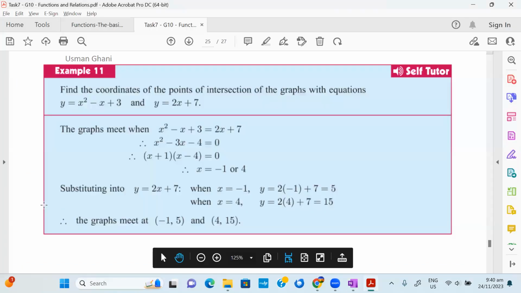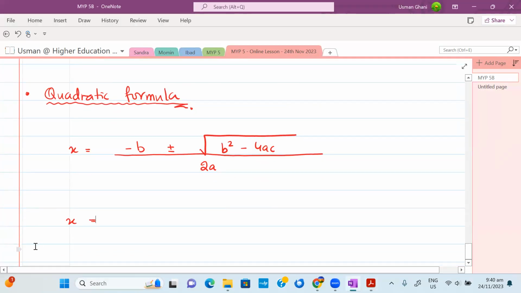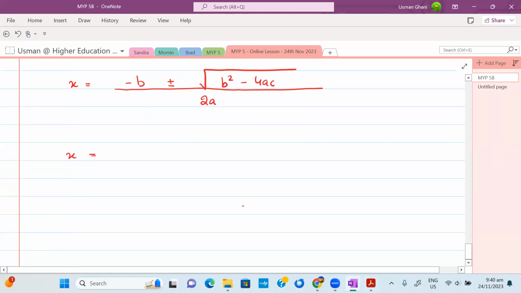ओके, राइट. a1 है, b माइनस 3 है, c माइनस 4 है. b is minus 3. Minus minus 3. The minus is separate. Plus minus बी स्क्वायर, -3 का स्क्वायर, वैसे तो 9 होगा, द माइनस साइन डजंट रियली मैटर। -4 A1 है और C -4 है, राइट, डिवाइडेड बाय 2A।